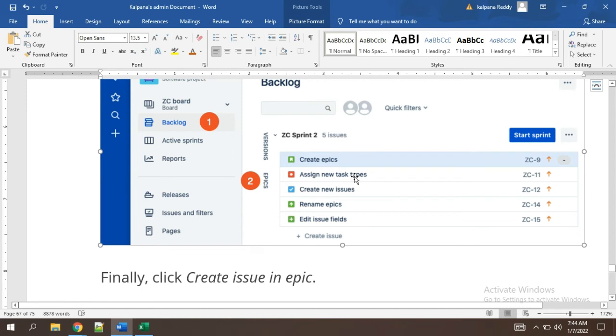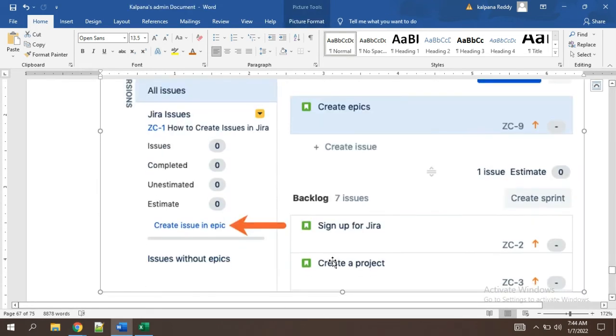If you want the backlog to be in some of the sprints, you can do that also. You can just drag and add it to that current sprint. Okay,